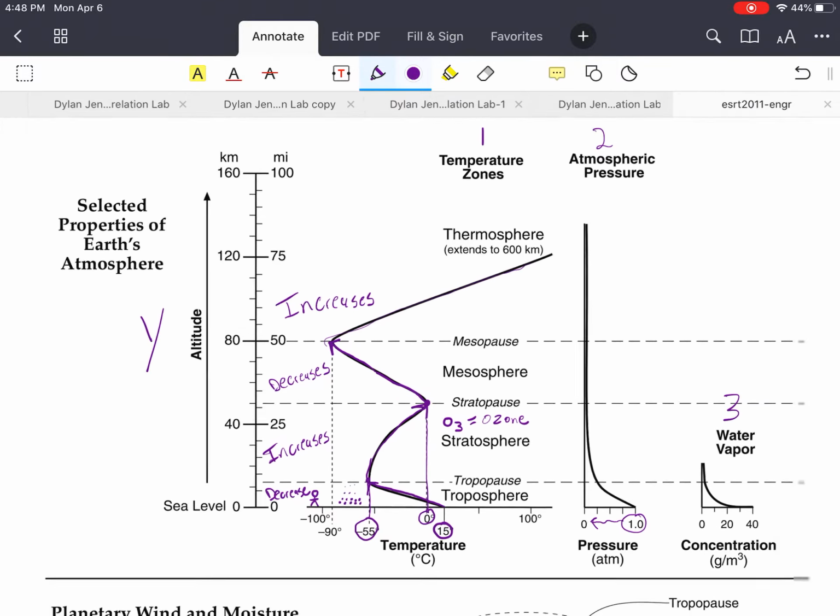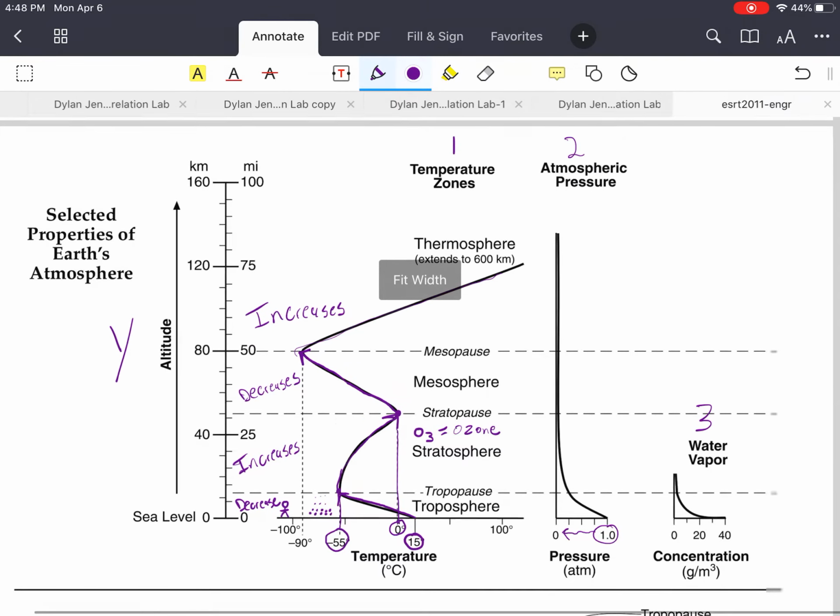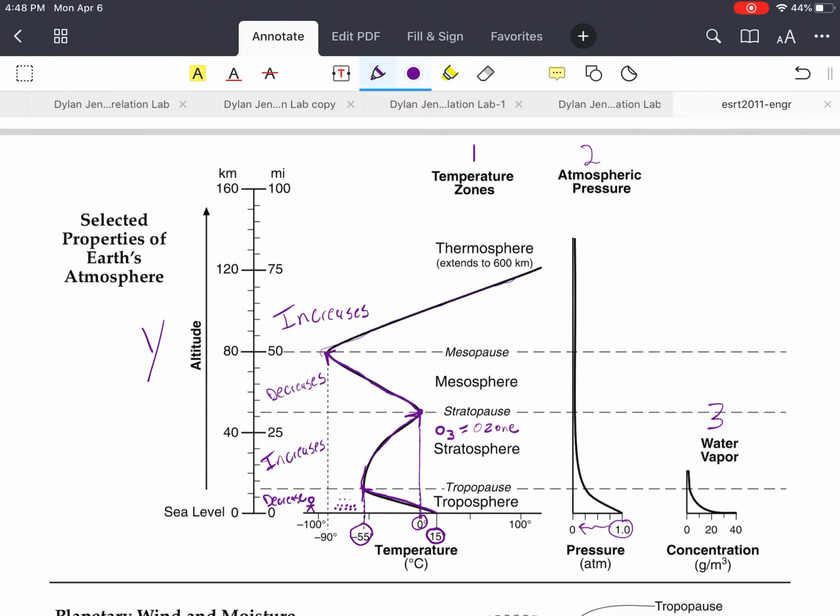Now, water vapor is going to be an area where people make a small mistake, and that is that they think that the stratosphere has a lot of water vapor in it because the water vapor title is between the lines that dictate the altitude of the stratosphere. So what I would do if I would edit the Earth Science Reference Table is I would put the title with the other titles